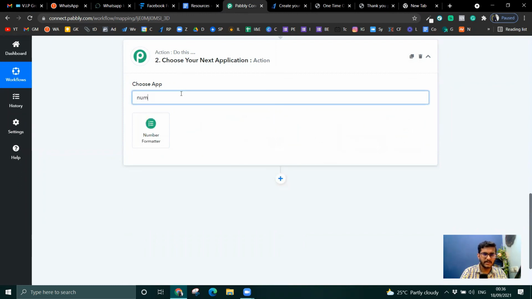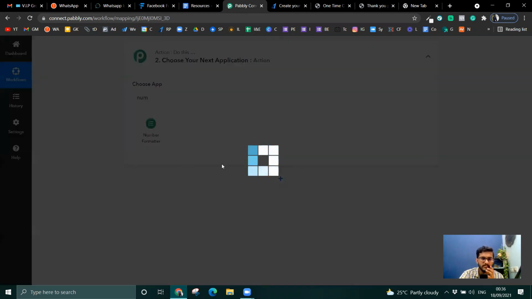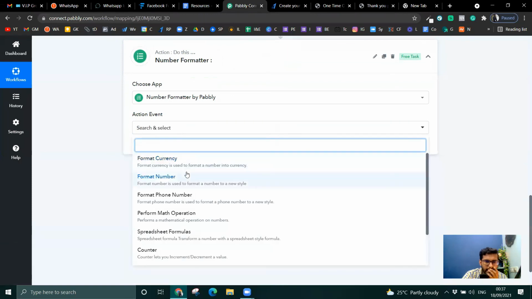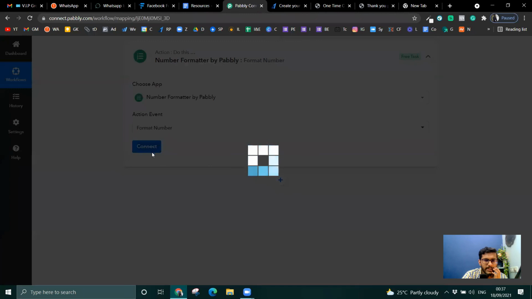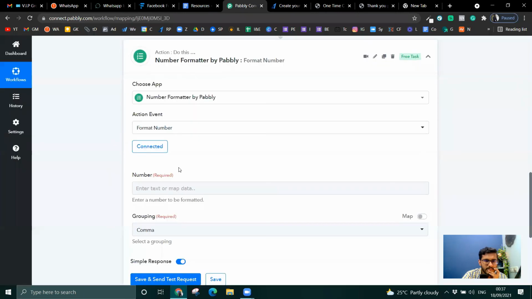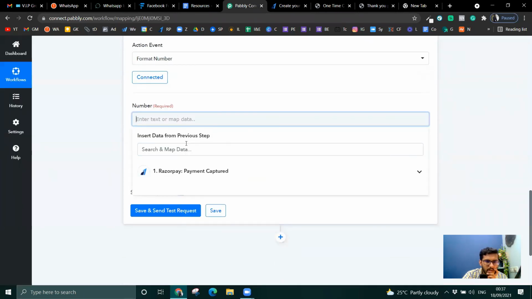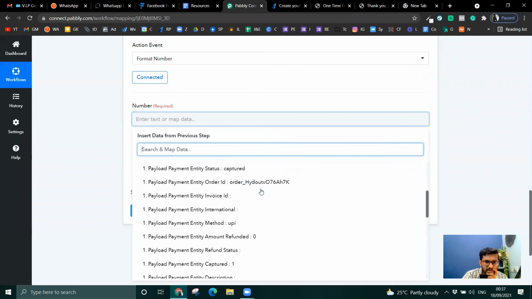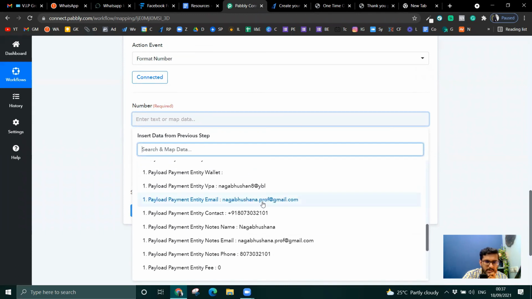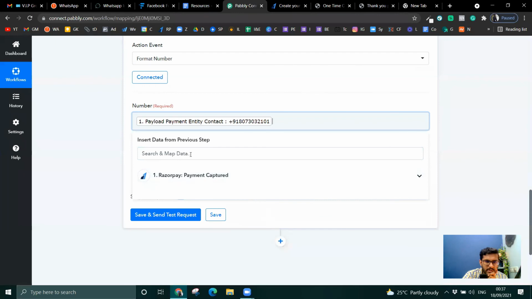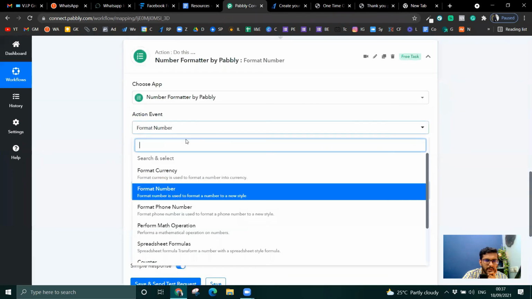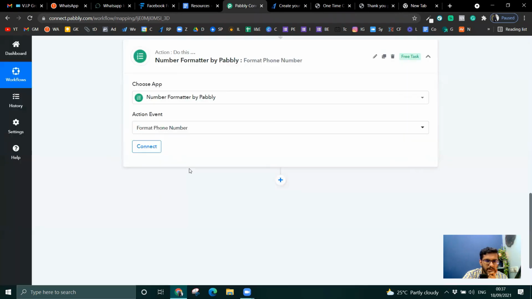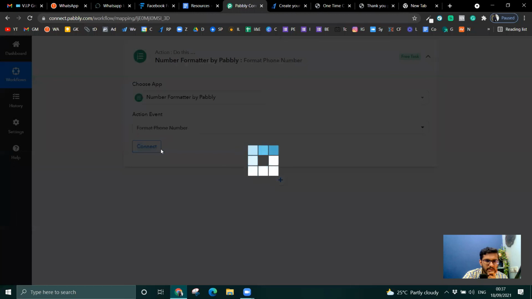So now what I need to do is go to my number formatter, select format number, connect. Phone number, connect.